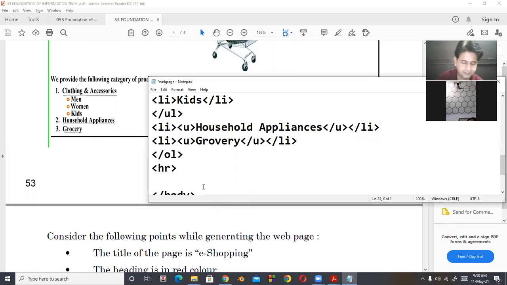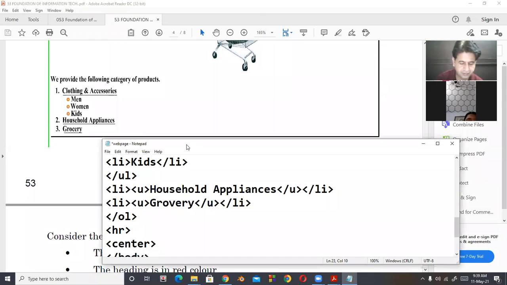So I'm taking here center, then H1. We can also take the align attribute of H1, align equal to center. The content, it is not H1, it is H2.